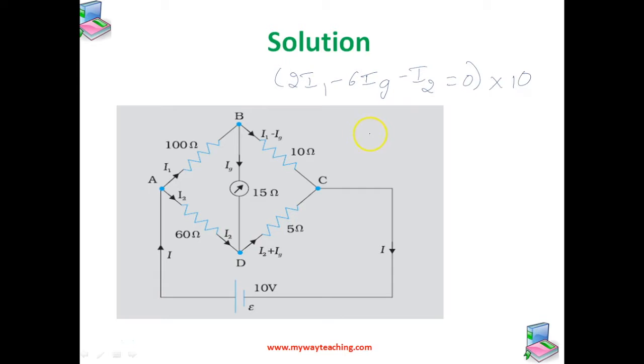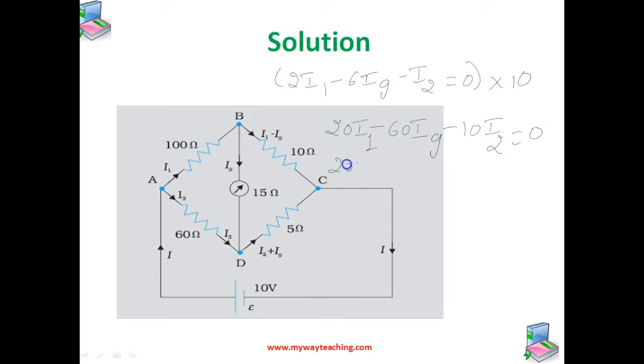If you multiply this equation by 10, we get 20I1 minus 60IG minus 10I2 is equal to 0. Okay. Then from this equation and the equation that we derived earlier,